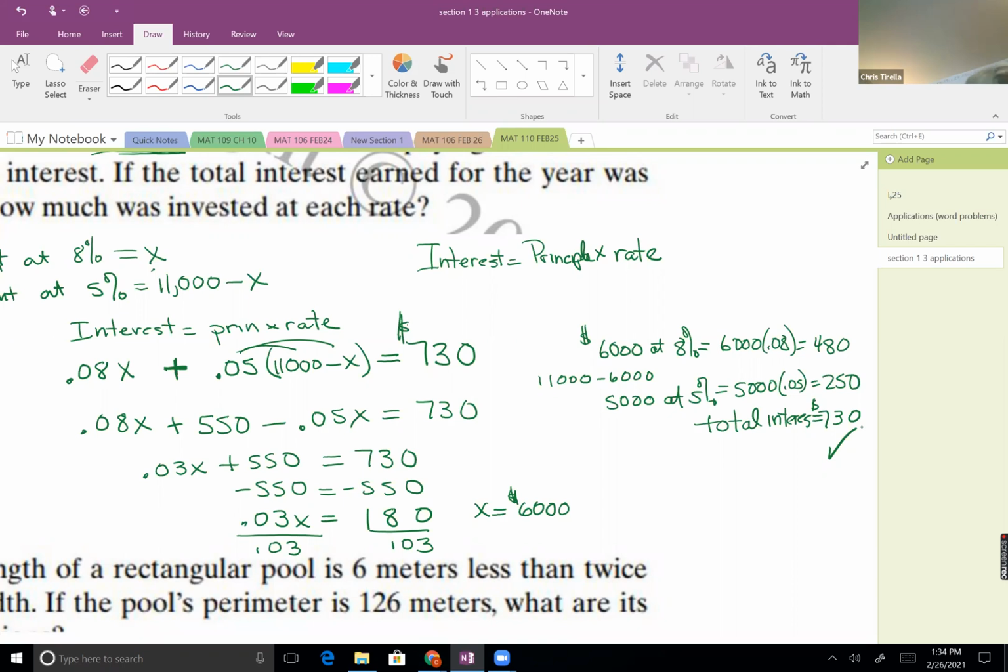Is that one all right? Any questions? If not,